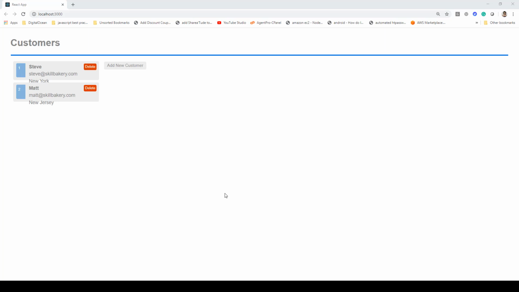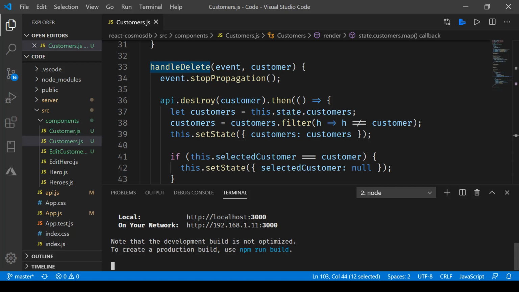In this lecture, we'll be taking a look at how we can delete a customer. So here you can see for every customer we have this delete button coming up. Now if you go to code, and here